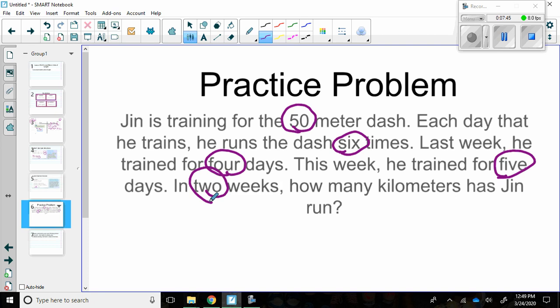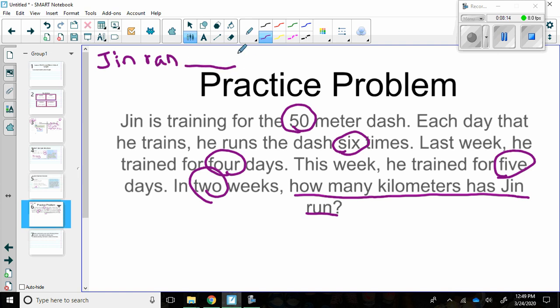Next, we need to underline the question. How many kilometers has Jin run? When I underline the question, not only do I want to underline it, but I also want to rewrite it to really think about what I need to do to get the correct answer that it's really asking me to do. So when I answer this question, I should be able to answer by saying Jin